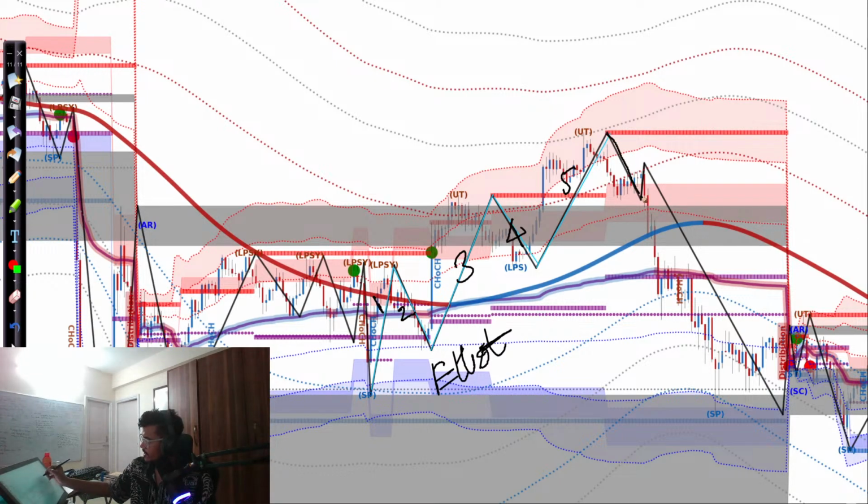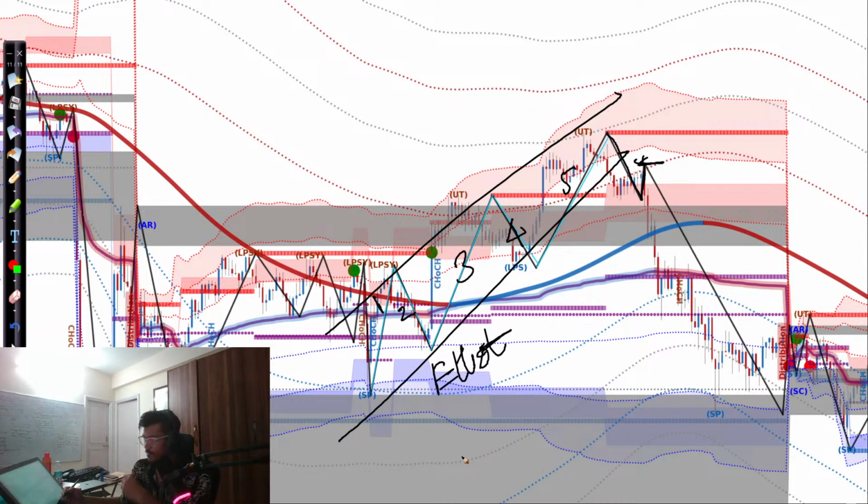Now as we come down from here and we pull back, we already have our cycle completed for the short. Uptrend. Now what happens is it retraces the value for these two big waves,